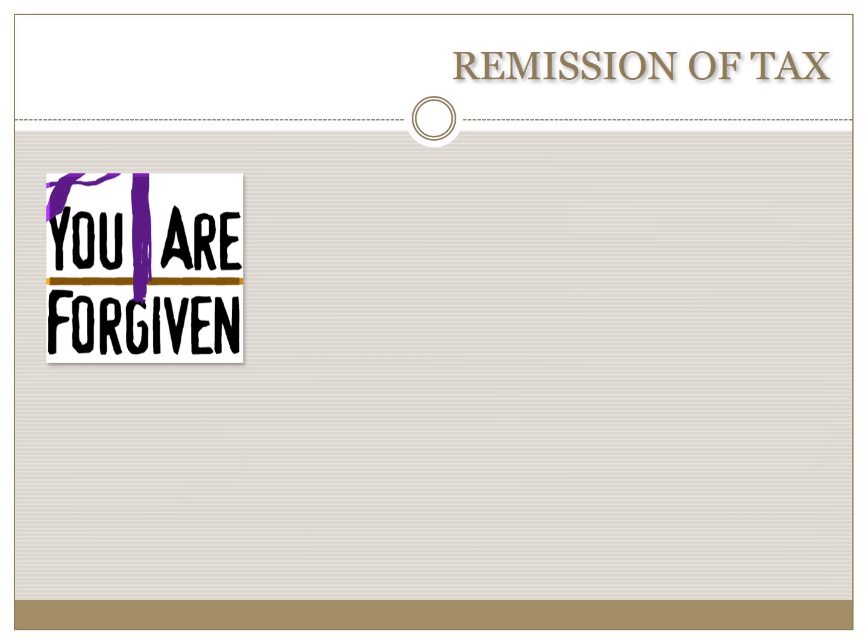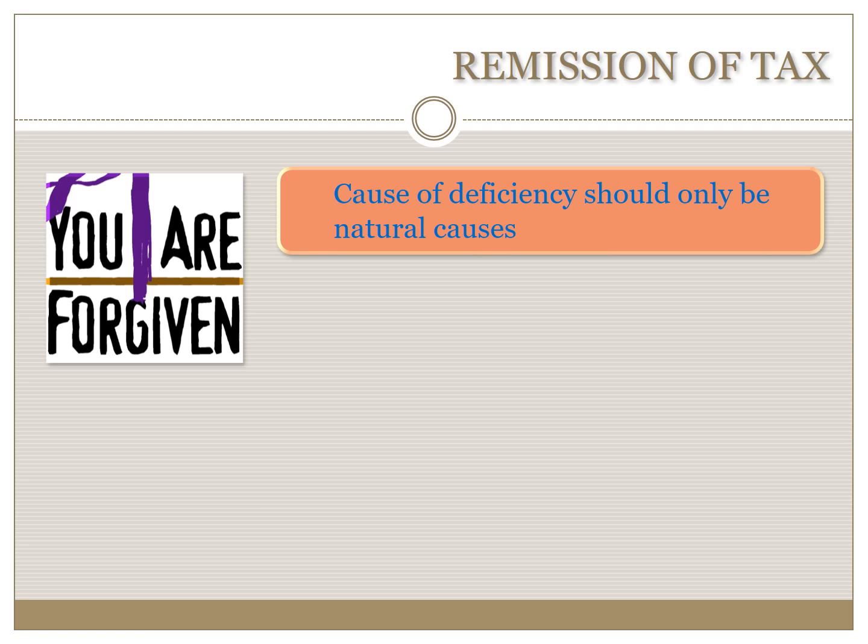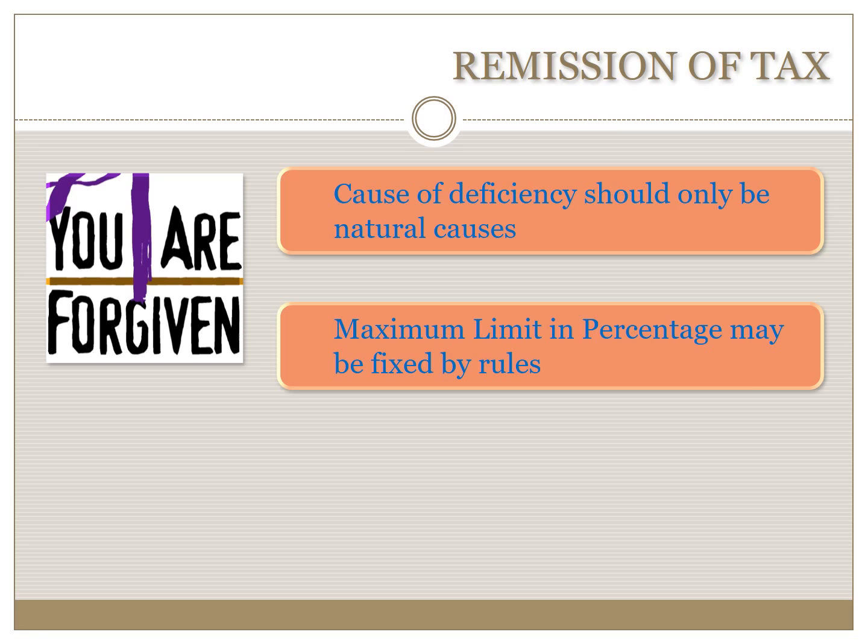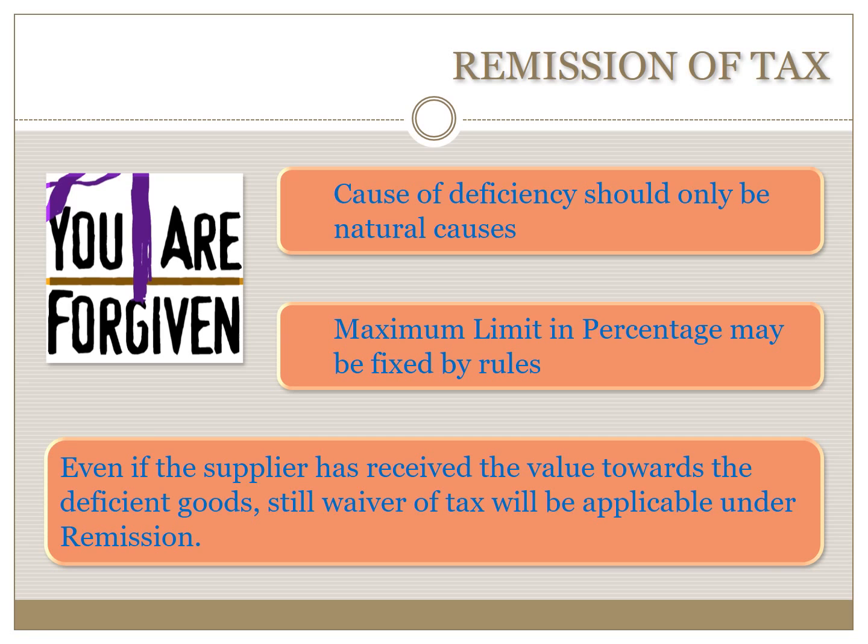Section 11 deals with remission of tax on supplies found deficient in quality by prescribing rules in this regard. Remission means relieving the taxpayer from obligation to pay tax on goods. Question of remission arises after the supply is made but before the same has been accepted by the recipient. It is provided that cause of deficiency should only be natural causes. Maximum limit in percentage may be fixed by rules. Even if the supplier has received the value towards the deficient goods, still waiver of tax will be applicable under